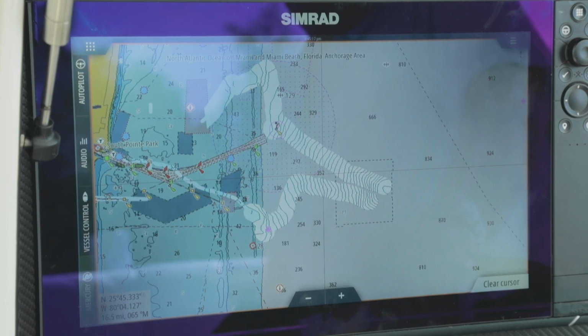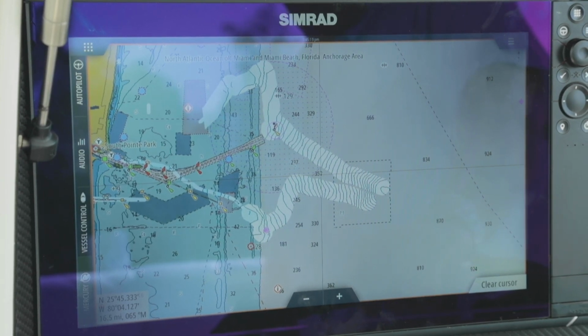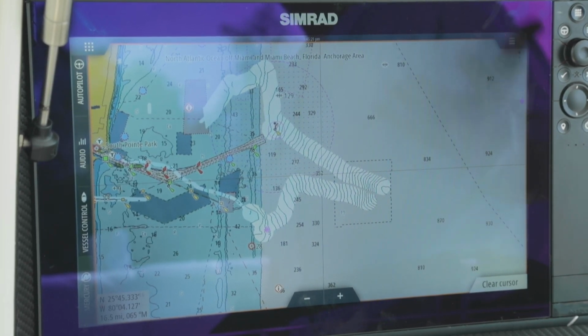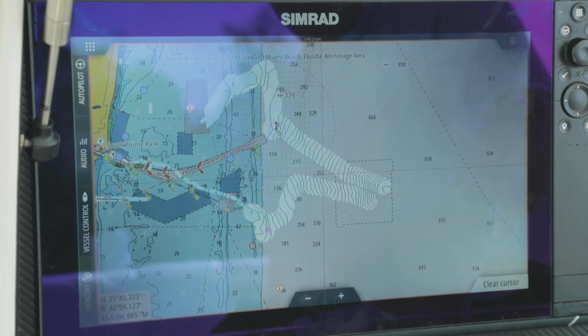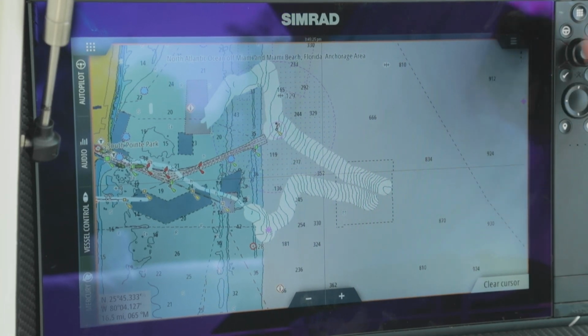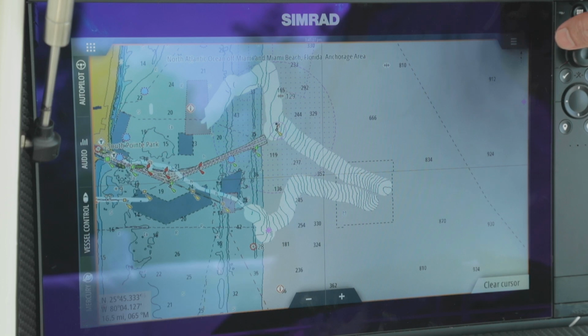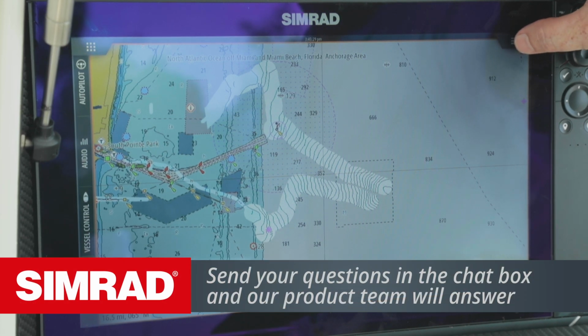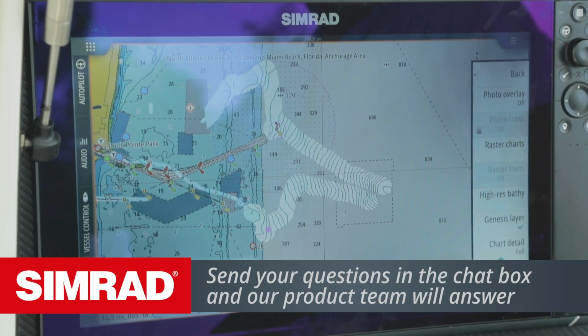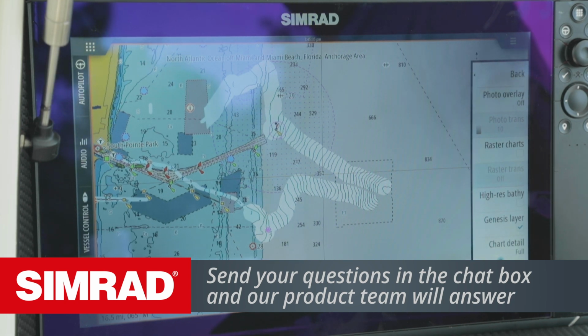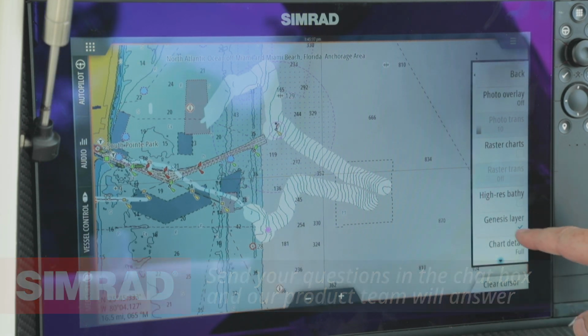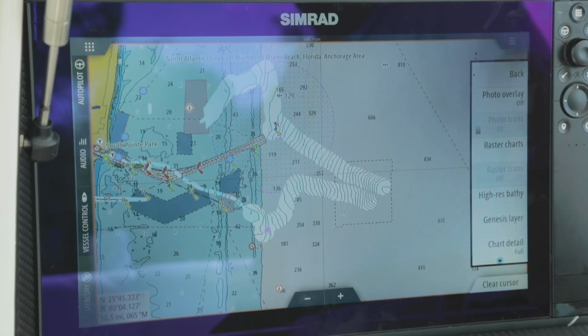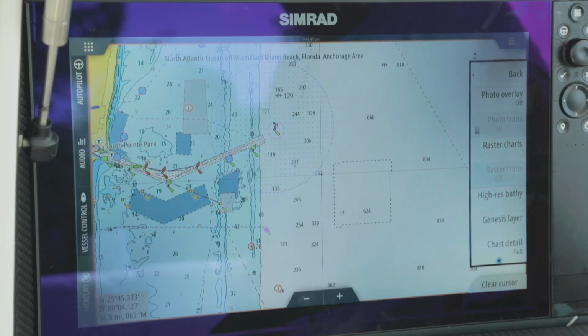So you might come into an area or you might survey an area yourself. You now can make that custom chart, bring it onto the Reveal chip, and now have the ability to turn it on and off as you wish, as well as download any other free data that is there on the Genesis site. But when you update your chips, we automatically load whatever Genesis data is available at that time. And again, you're simply turning that layer on and off.